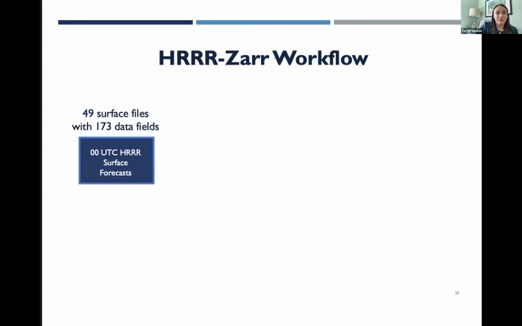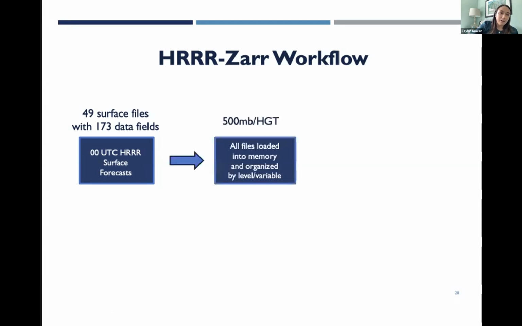Just quickly want to go through the HERZ Zarr workflow. So this is just how we create these data files. Initially, we start with a complete HRRR forecast. So that is 49 surface files, each containing approximately 173 data fields. So for example, if we started with the 0 UTC HRRR surface forecast, then we will convert that into Zarr